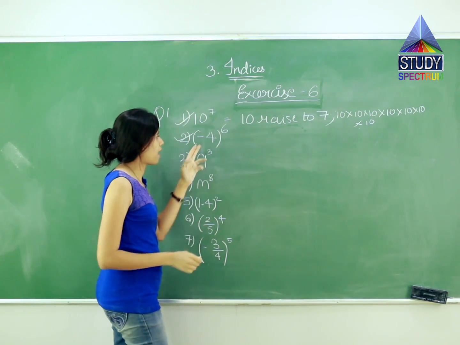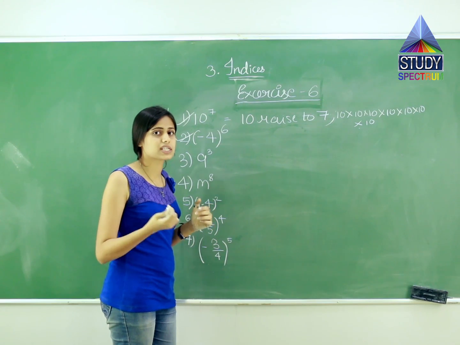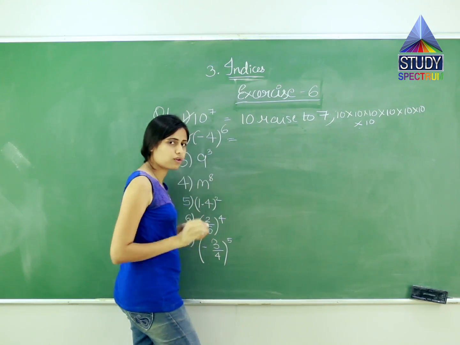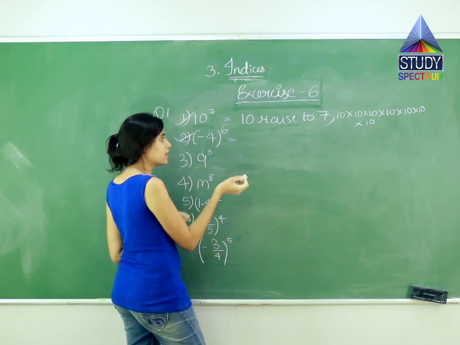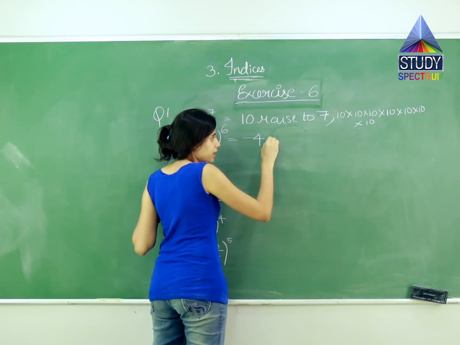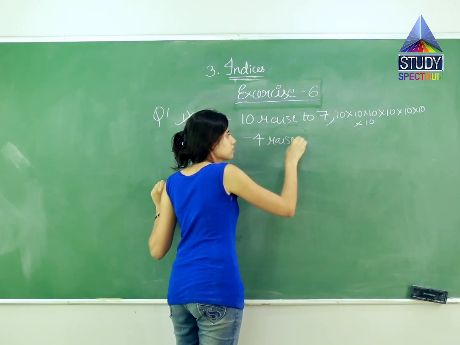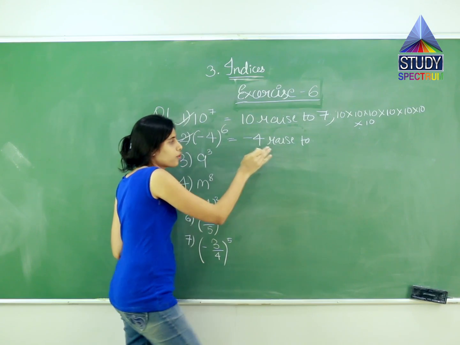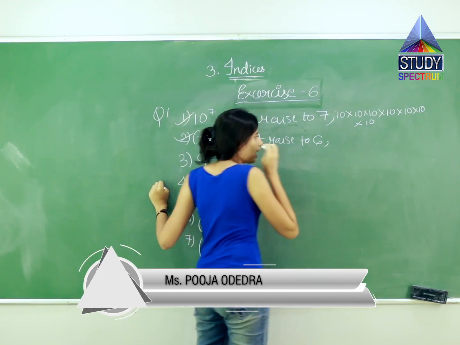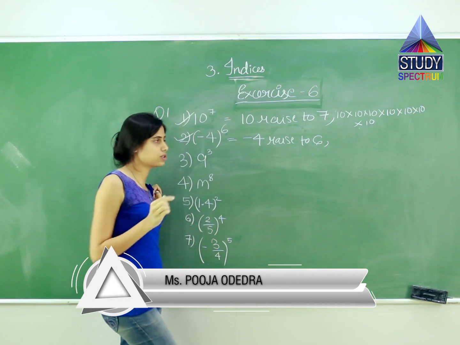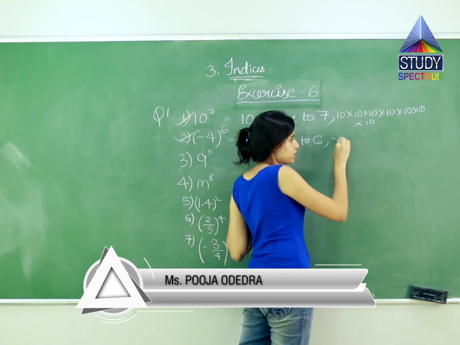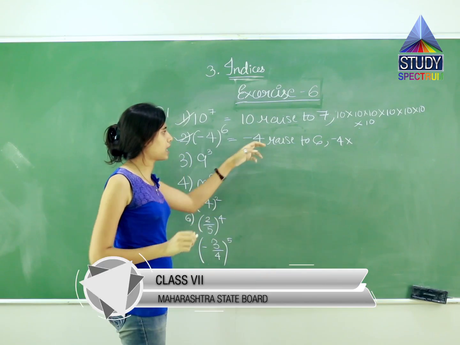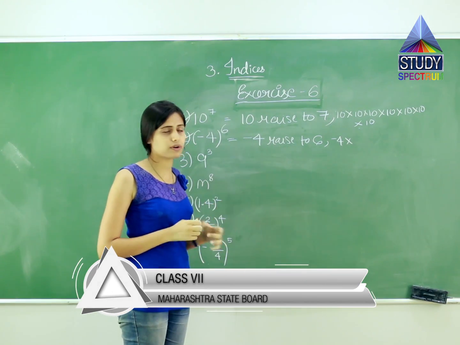In the next question we have minus 4 raised to 6. How it is read as? Minus 4 raised to 6. Base, first what we have to write? We have to write the base. What is the base? Minus 4. So minus 4 raised to, what is given in the index form? In the index form we have 6. So minus 4 raised to 6. And what is the product form of this question? I will show you over here. It is minus 4. Over here you cannot eliminate minus sign. You have to write minus sign. And how many times we have to write this?